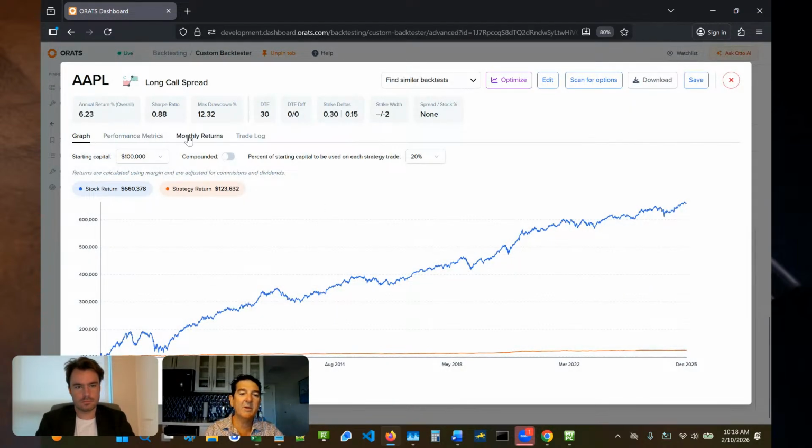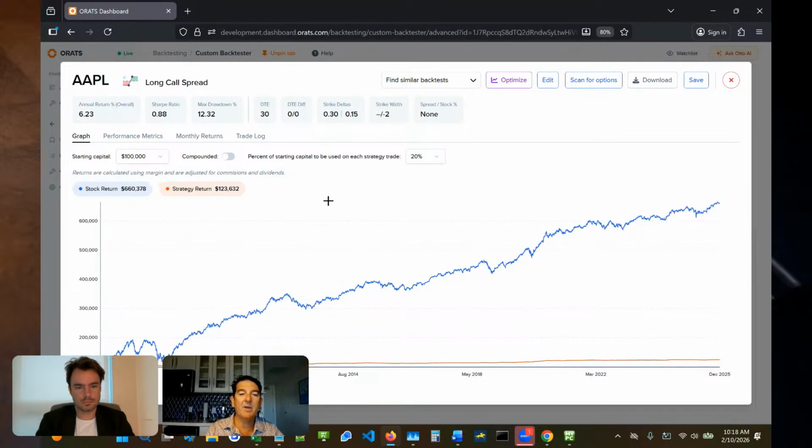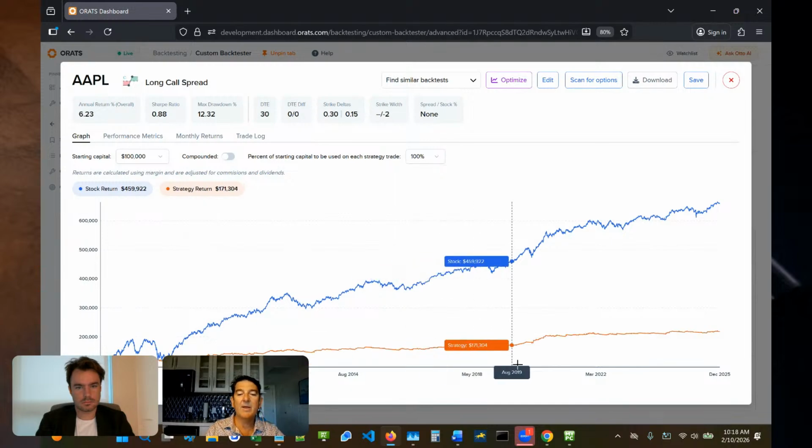So I would go to monthly returns. We had a big monthly return in April of 2020. Well, that's expected because the market went down a lot, but you don't want to see a big blip in your graph,